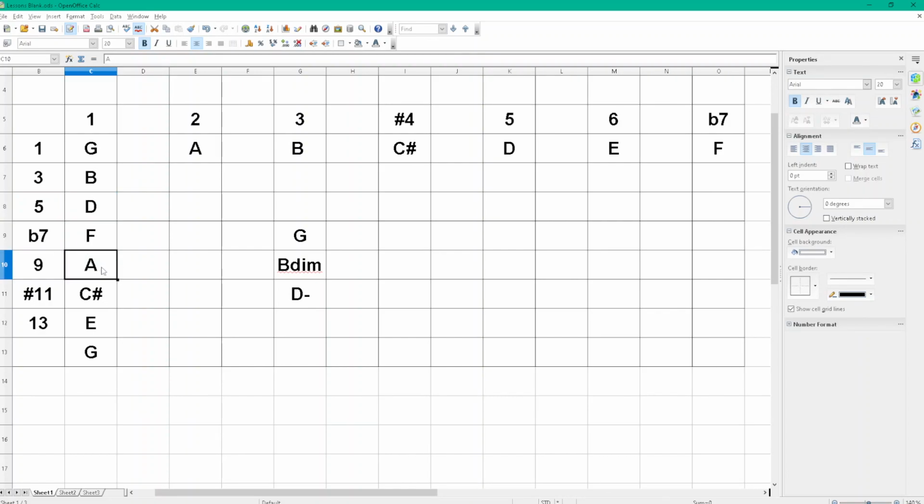Next, F, A, and C sharp. So this part here. F, the interval between F and A is a major third. F and C sharp is augmented. So it's a sharp 5. So what we're looking at is an F augmented triad. And that's interesting because,